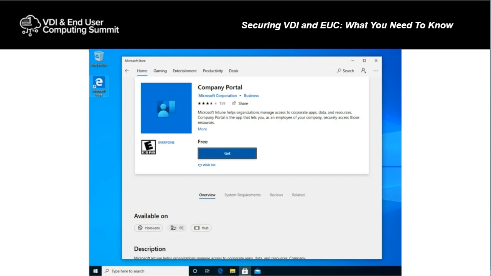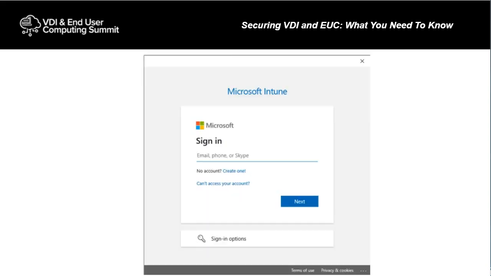So this is a Microsoft application, and it just cracks me up that they put a rating on there, E for everyone. And so the user would go in and download this application. This is something that they would do on their own, not something that the IT department has to do for them. So once the user has acquired the application, they launch the application,